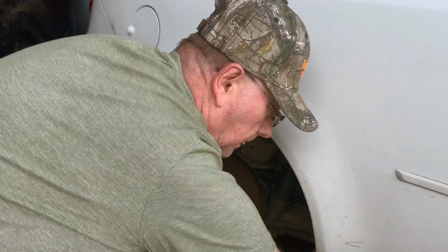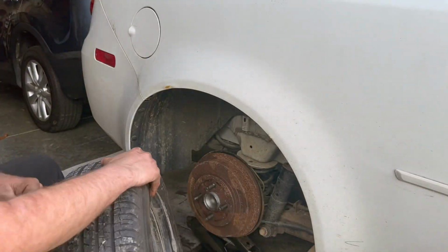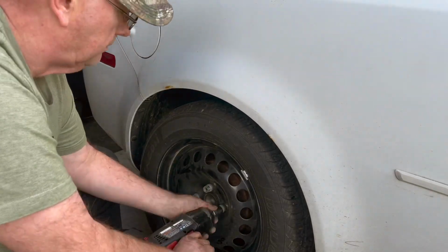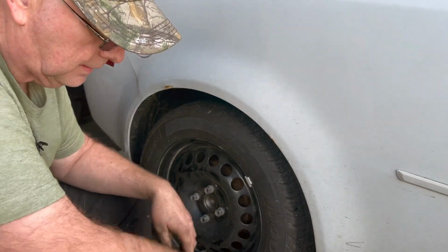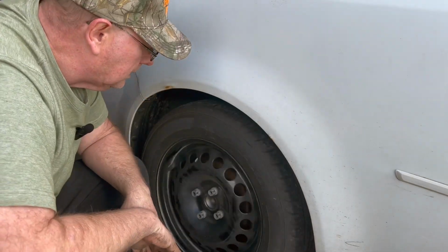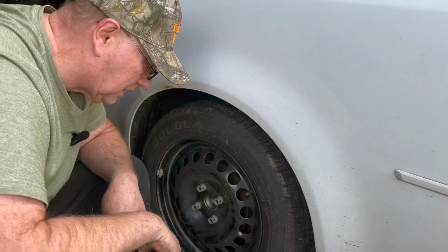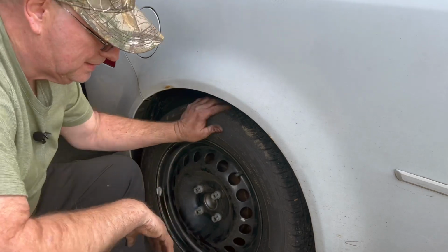So we'll go ahead and get this tire out of the car here, and put it back on. I'll go ahead and torque these down to 100 pounds and be pretty good. A lot quieter, no noise now. It's not that bad a job. Just take your time. You can do it. Imagine me taking this to the shop and having it done. It'd cost a lot of money. So I think we're good for another 10 years on this baby,